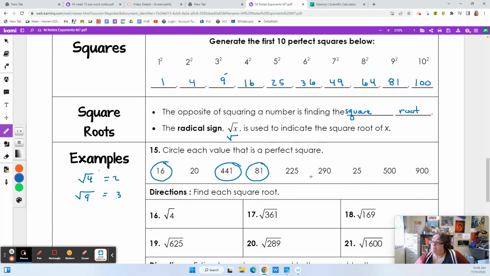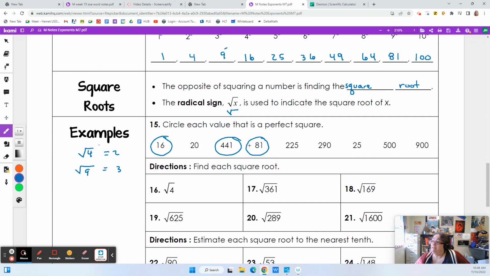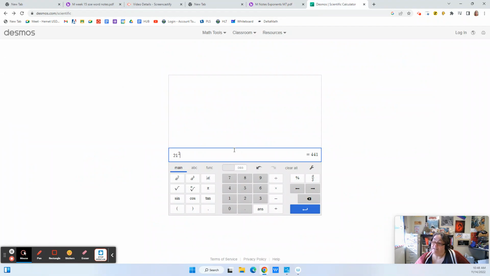So if it is a perfect square, it's got to be between 10 and 21. It ends in 5, so it should probably have a 5 in it. So let's look at 15 squared,